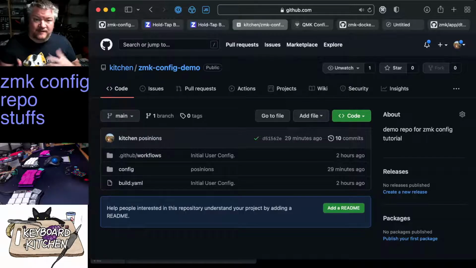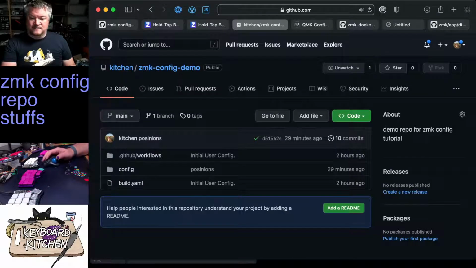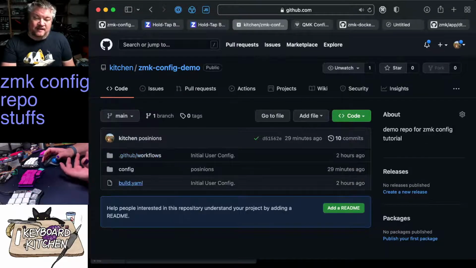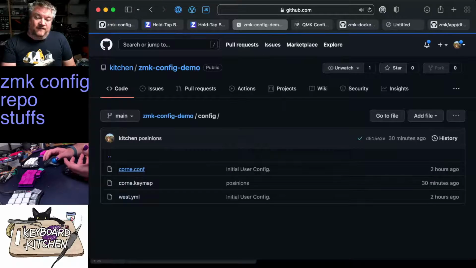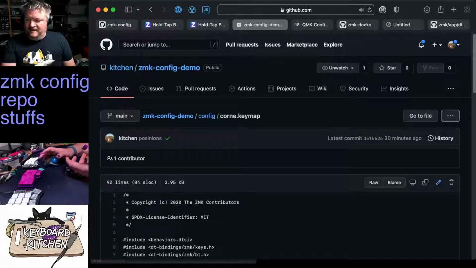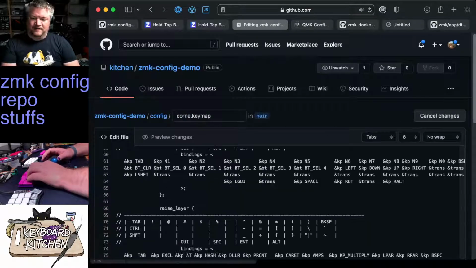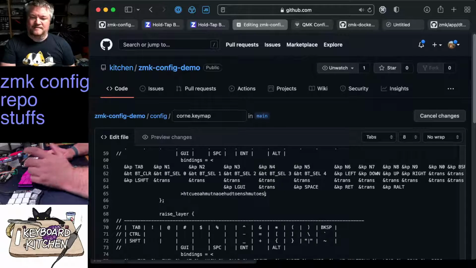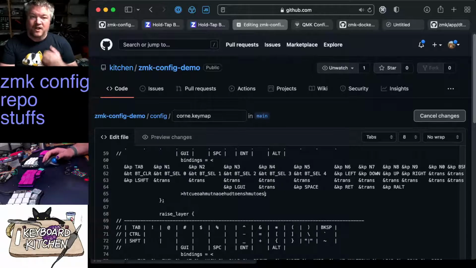You don't have to build it locally. Your primary interface with ZMK could in fact just be: I'm going to go into config corne.keymap and I'm going to, wait, I can edit it from here, right? Yeah, I can click on edit and just be like, blah blah blah, and then save, and there you go. Once you've done that initial setup,